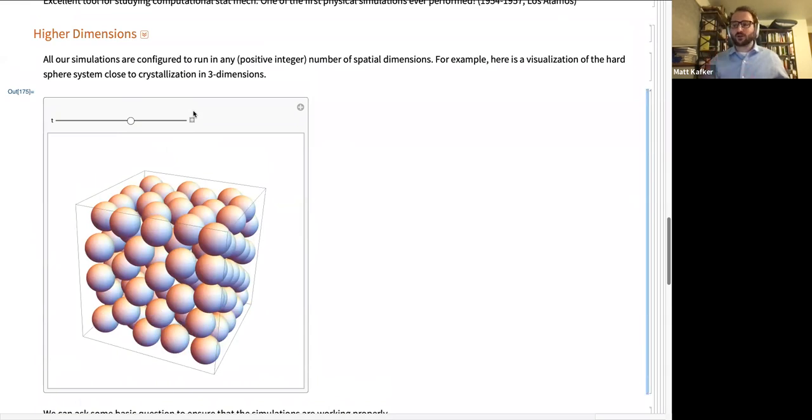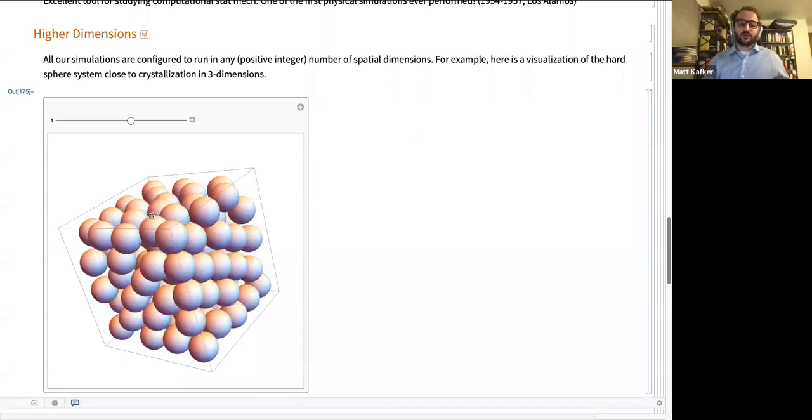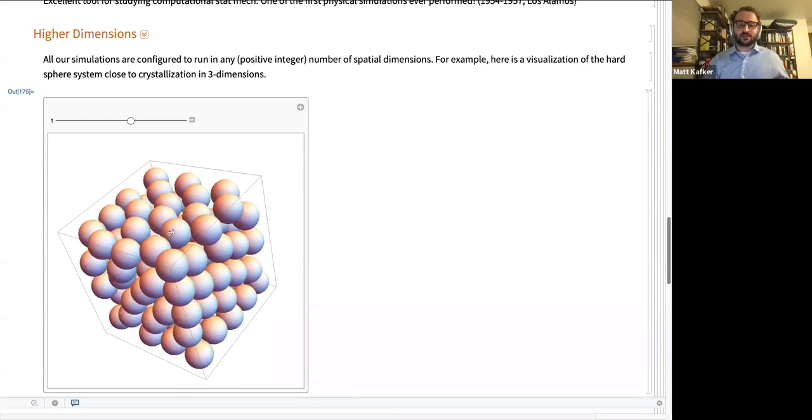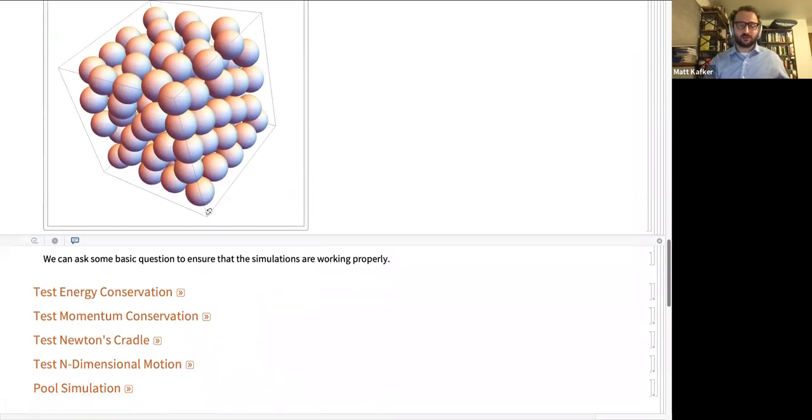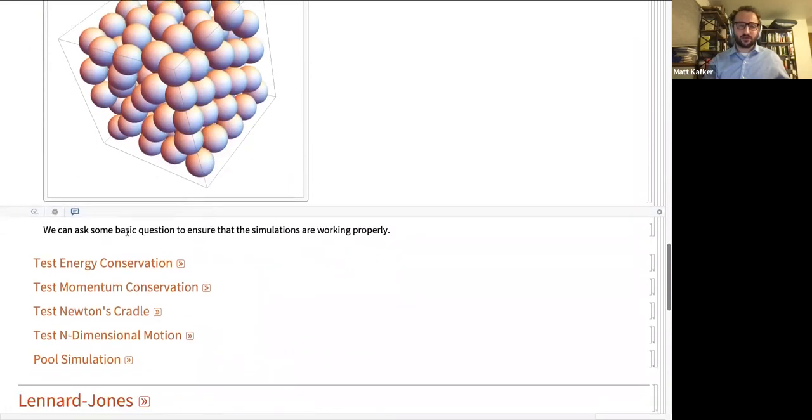And I can also walk you through ways that you can use it without me having to totally go in and clean up 3 years' worth of messy programming. Okay, the code runs in higher dimensions. It runs in 3 dimensions, that's nice. You can run it in any number of dimensions if you want to, but you won't be able to visualize it. This is the best we can do for visualizing in 3 dimensions.